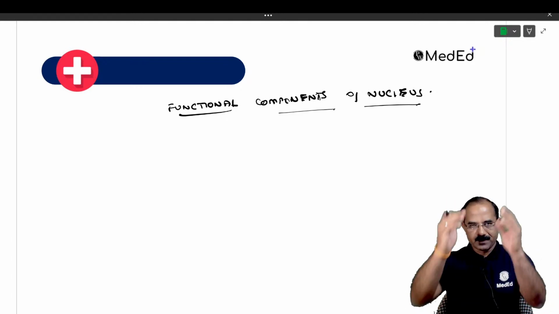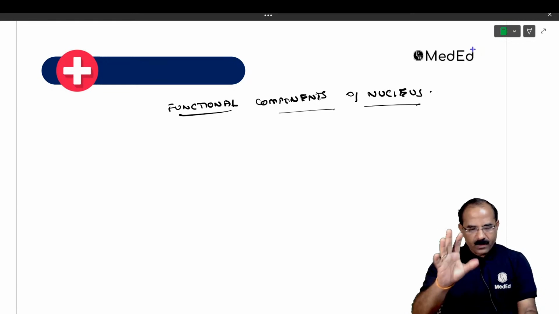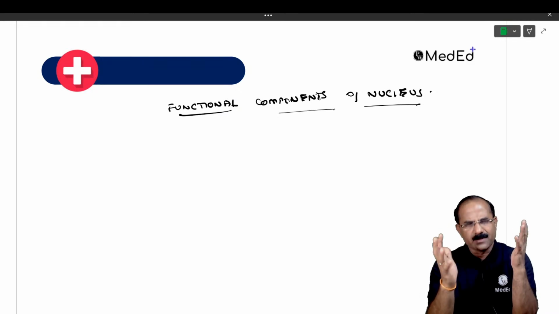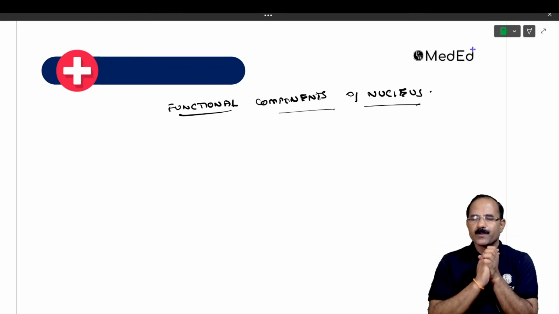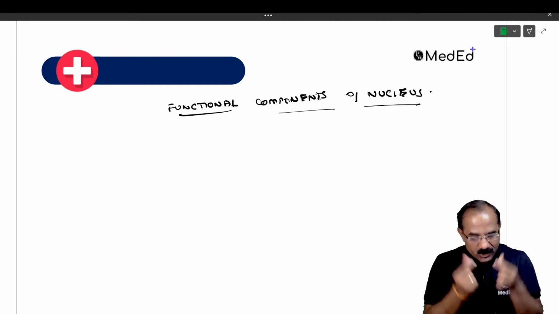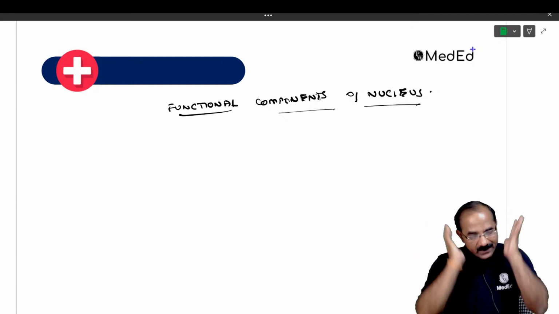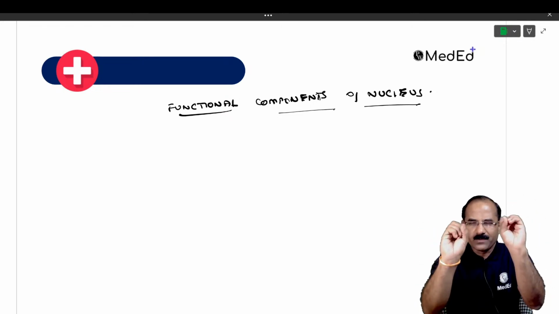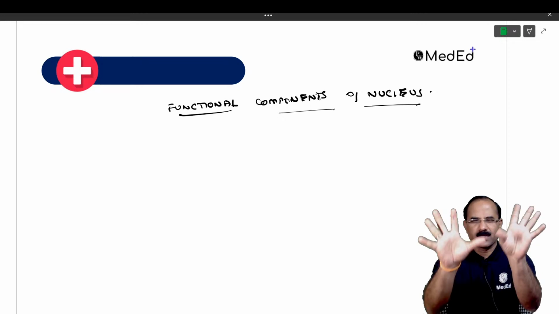Okay, let me start. Listen here, there is a cranial nerve. Just understand this, first understand it. There is a cranial nerve and this cranial nerve has to supply the muscles of the pharyngeal arches. We have pharyngeal arches, there were 6 pharyngeal arches, one goes off, now there are 5 pharyngeal arches.